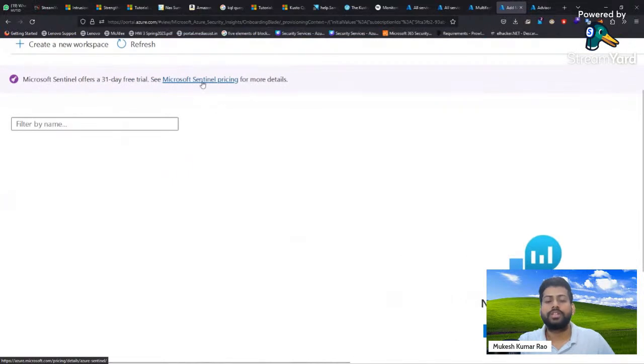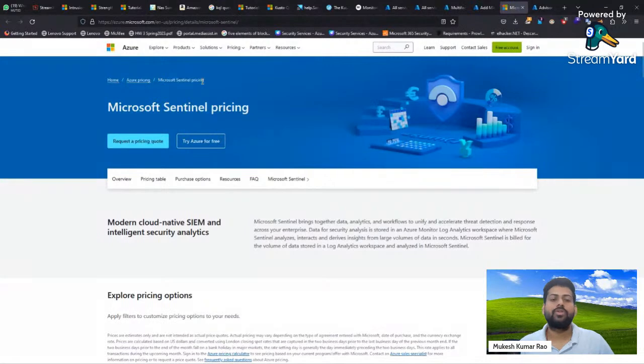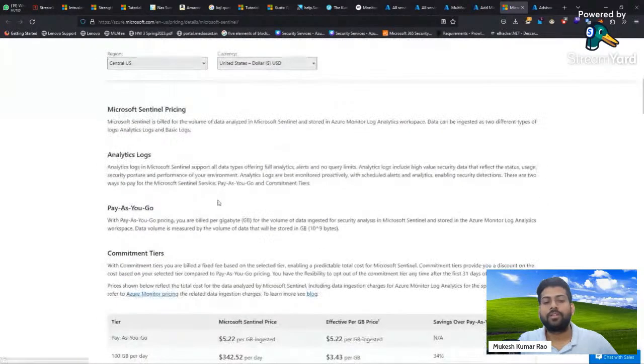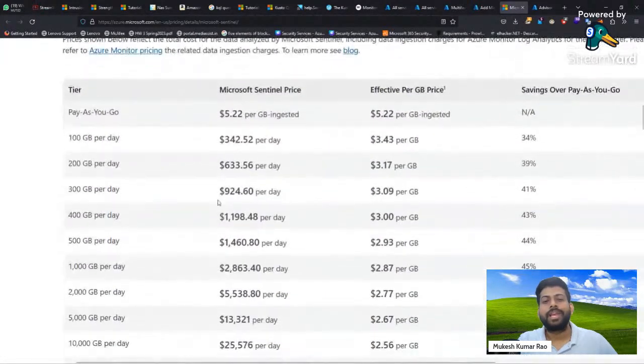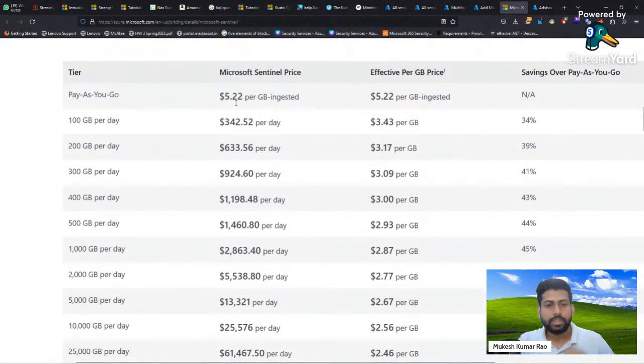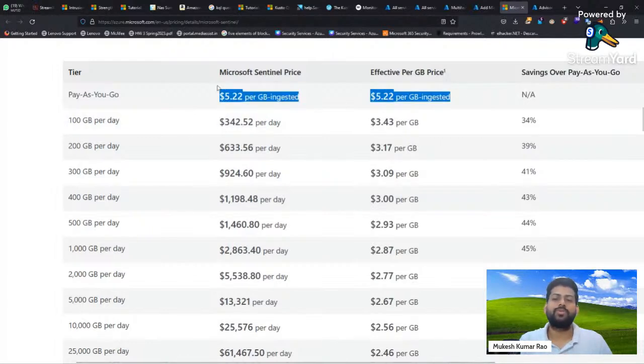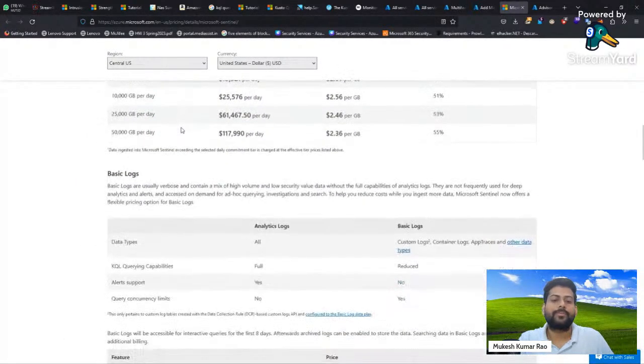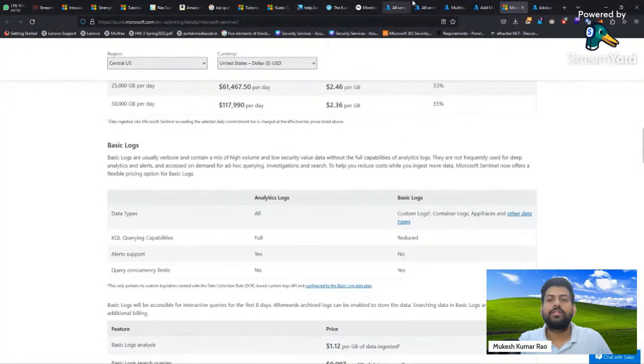Okay, here you can see the pricing level. So remember that you have to use this only for one project, and then you can disable the subscription. That is because it's a premium service in Azure, and the pricing is something like this. As per the data transfer, the amount of data that we are enabling, that is what you pay for. As a free trial we get a limit of around 5 GB to ingest and analyze. So this is a costly service. Okay, so let's go back.